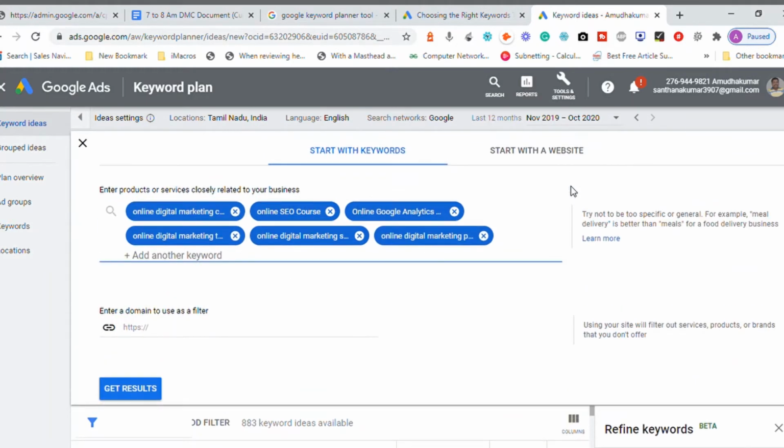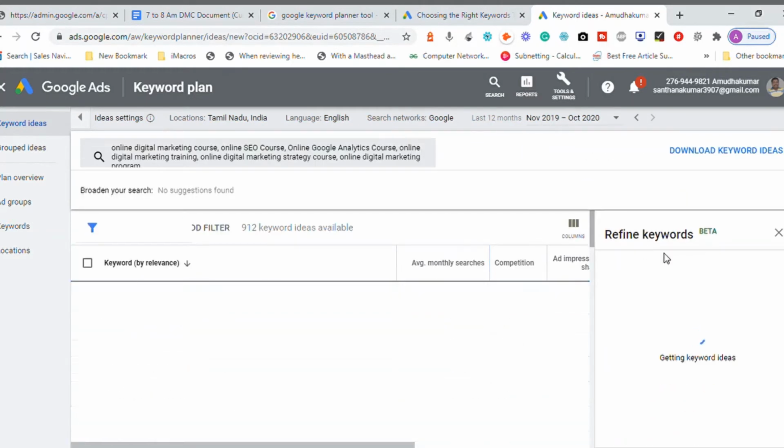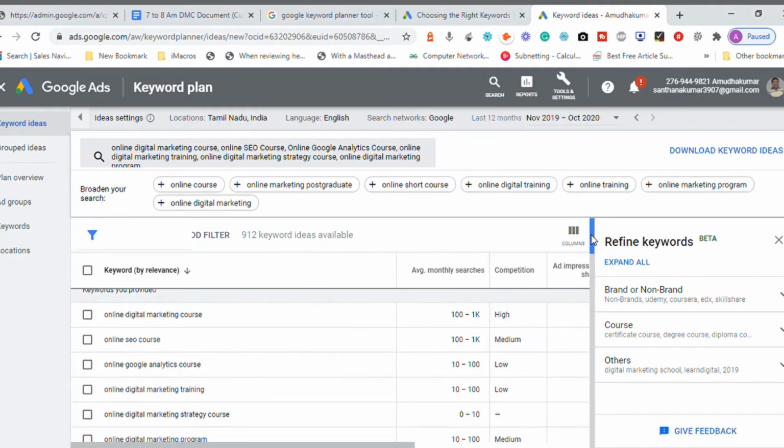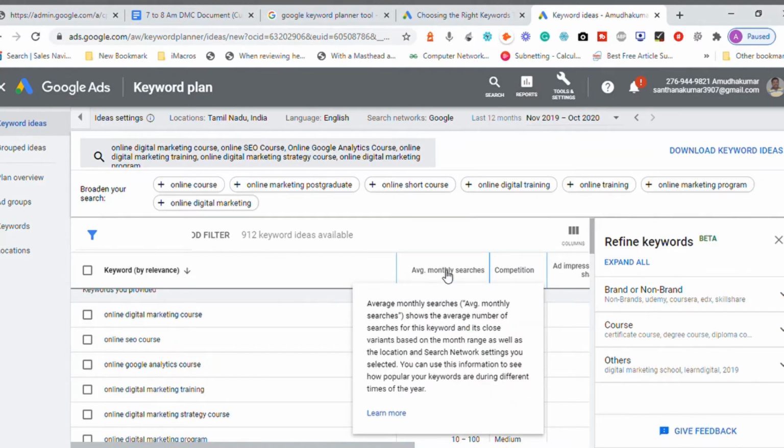Great. Why I'm talking about online is because I want people to connect with me who are looking forward to online results. So these keywords, whichever is given here, 912 keywords are suggested. This information contains average monthly searches: how many people are searching this particular keyword. It shows the number of people who are searching online. Remember, there is no fixed value of how many people search online. 100 people search, 1000 people search, 2000 people search. No, there is no such fixed value.